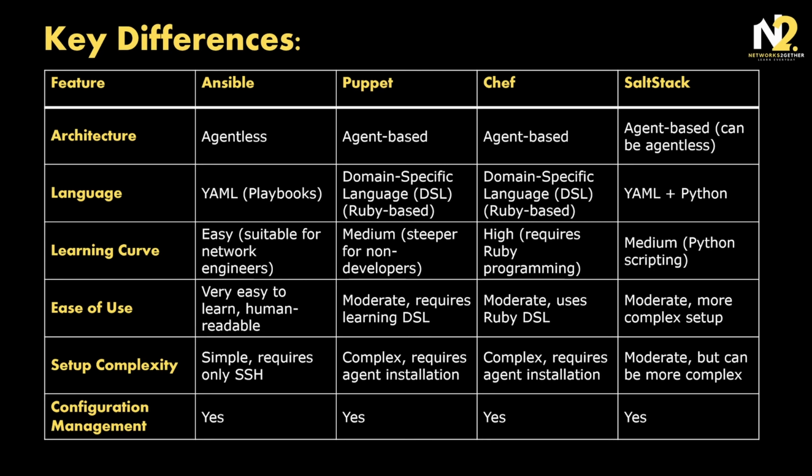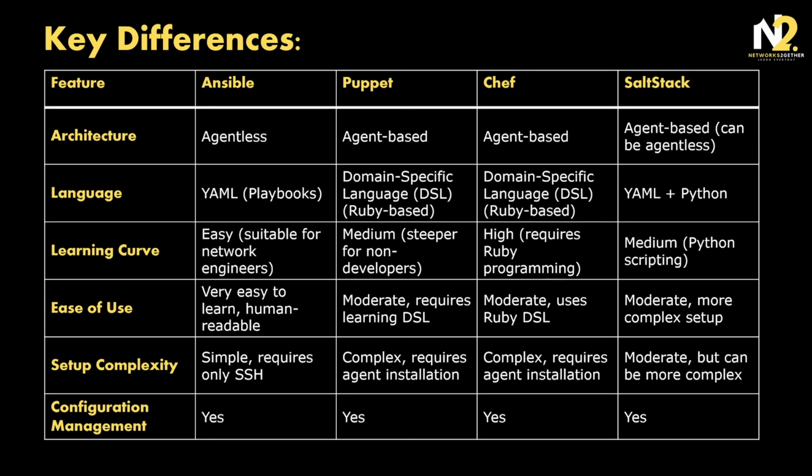Next, let's look at the configuration languages. Ansible uses YAML, a simple human-readable format that makes it easy for network engineers to write playbooks. Puppet uses its own declarative language, which focuses on maintaining the desired state of the devices, but it can be harder to grasp if you are new to it. Ceph, on the other hand, uses Ruby, which offers a lot of flexibility but comes with a higher learning curve, especially if you are not familiar with programming. SaltStack is more script friendly, using Python, which is a great middle ground, especially for those who like more control